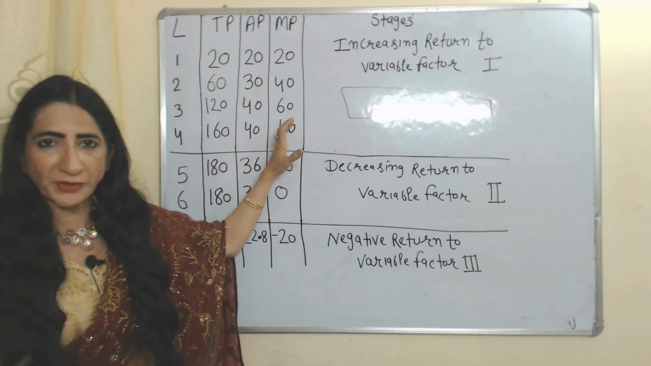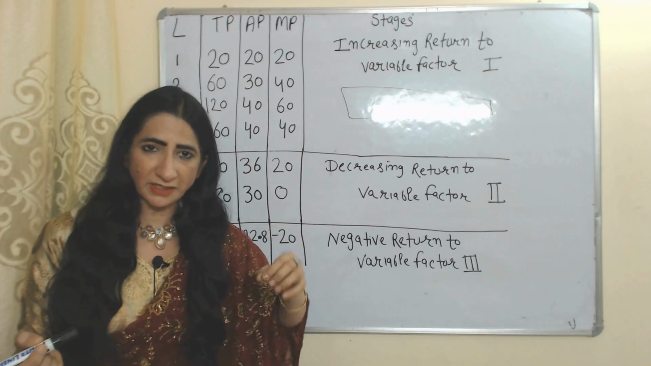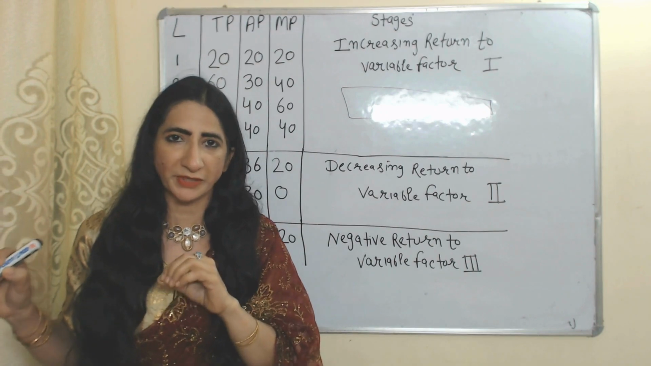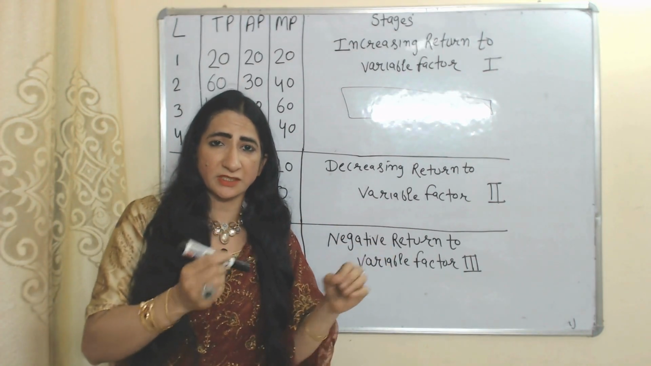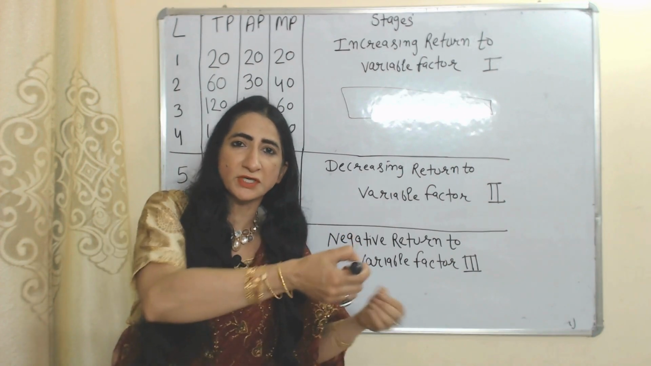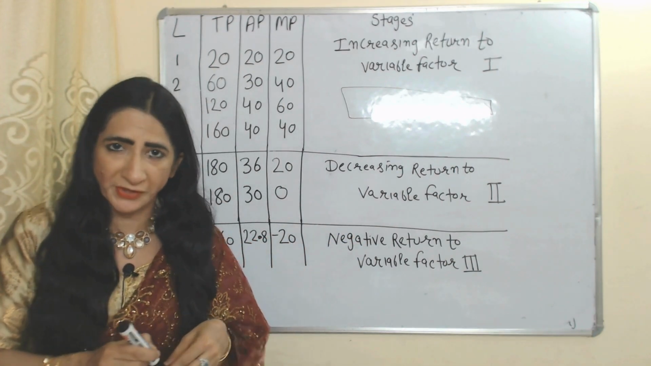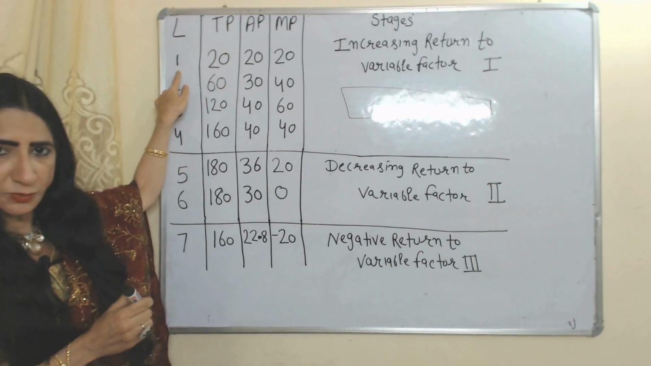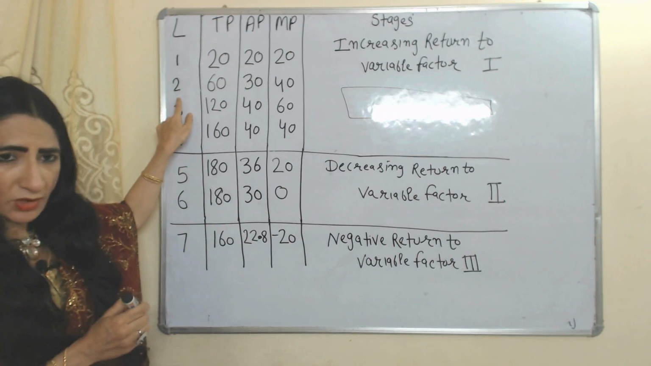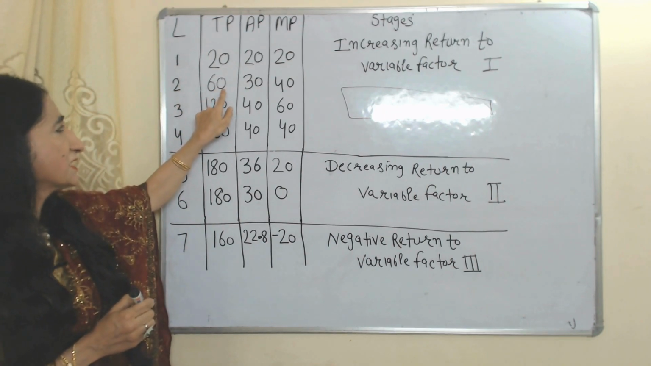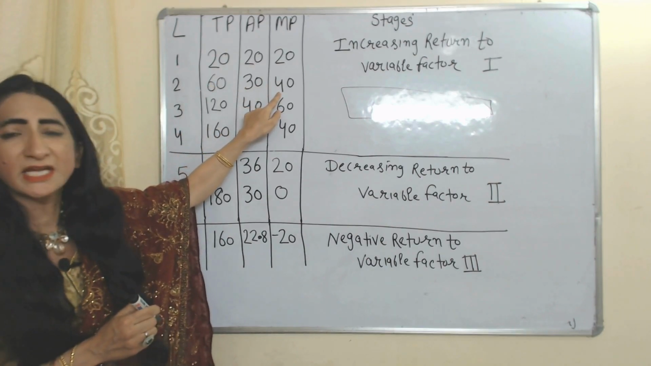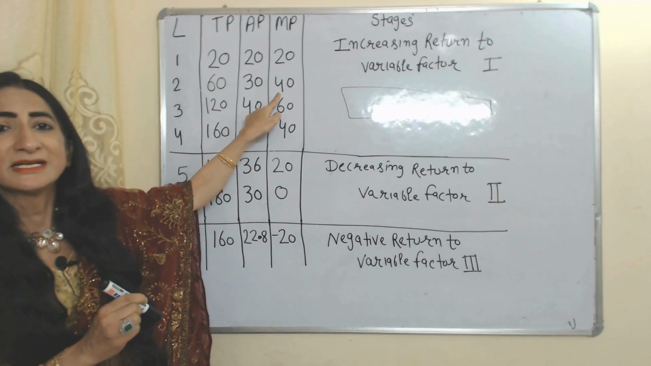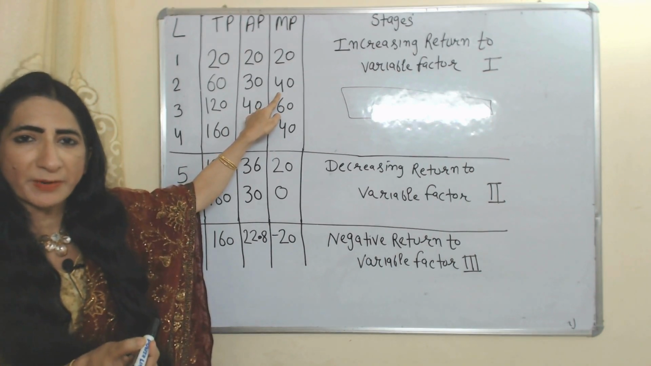MP means marginal product. The change in total product when we apply one more unit of labor is called marginal product. For example, our TP is 20 when one labor is working. When we apply one more labor, the change in TP, 60 minus 20, is equal to 40. This 40 will be called marginal product, because marginal product means the change in total product when we apply one more